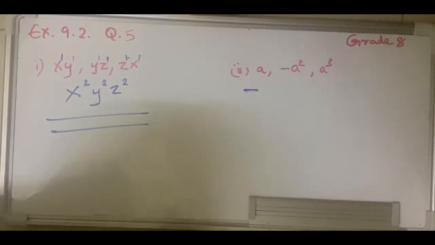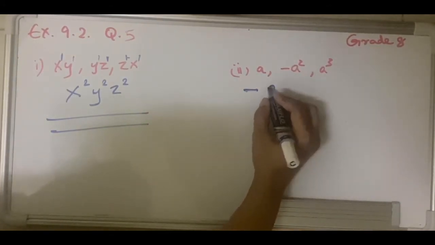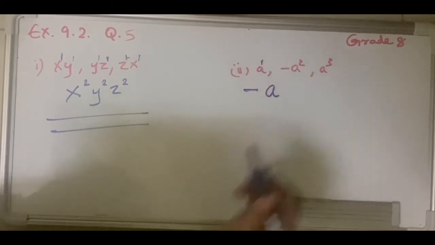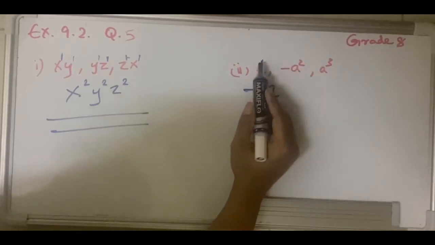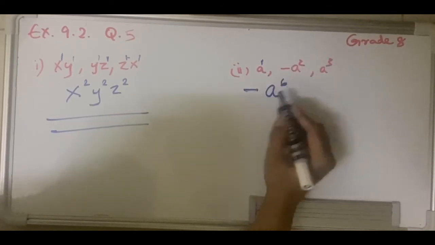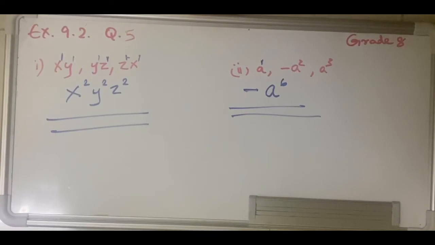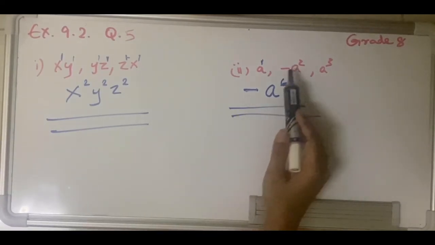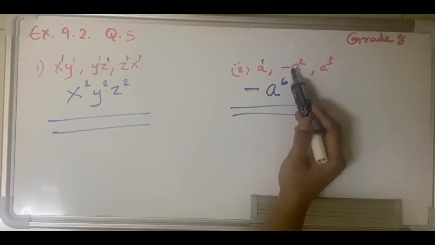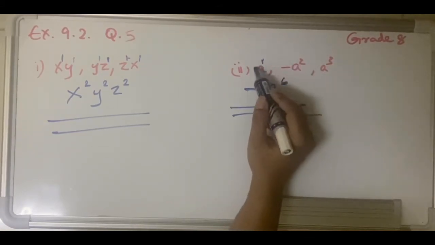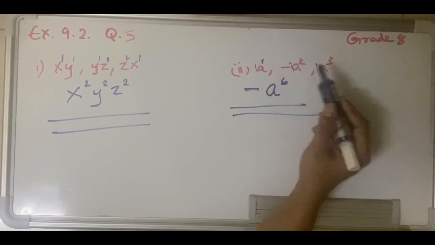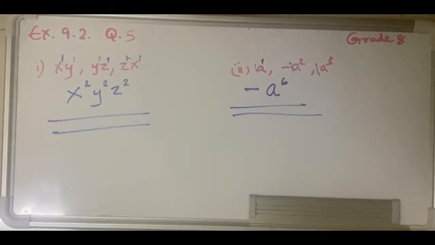Clear? And here there is nothing else to multiply, all are a. There is no exponent, which means let me put 1. So it will be a raised to 1 plus 2 would be 3 and plus 3 would give me 6. So it will be minus a raised to 6. This minus has nothing to do with these exponents. Clear? Because the minus here is for the constant and we assume all the constants to be 1. So it is simply 1 times minus 1 times 1.